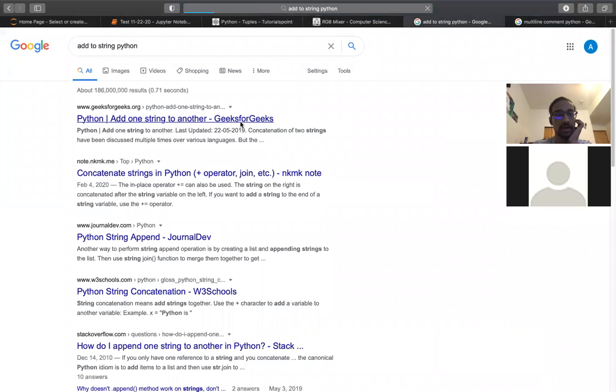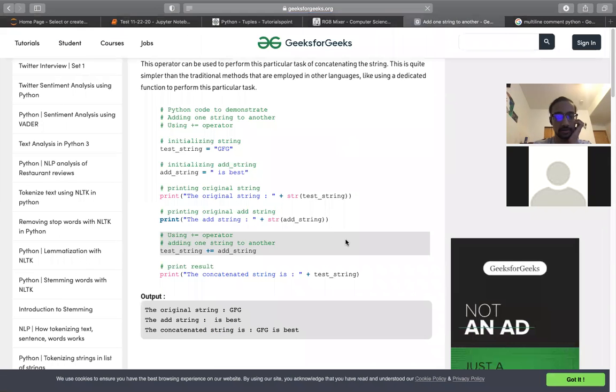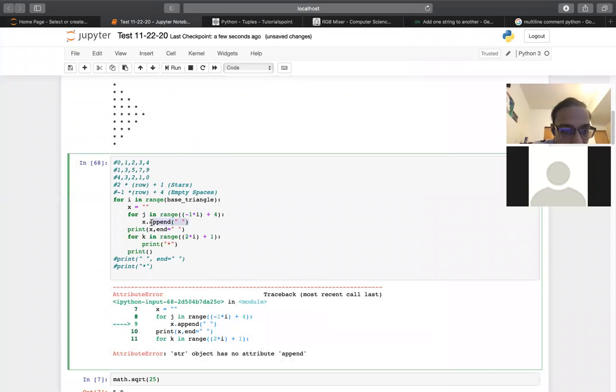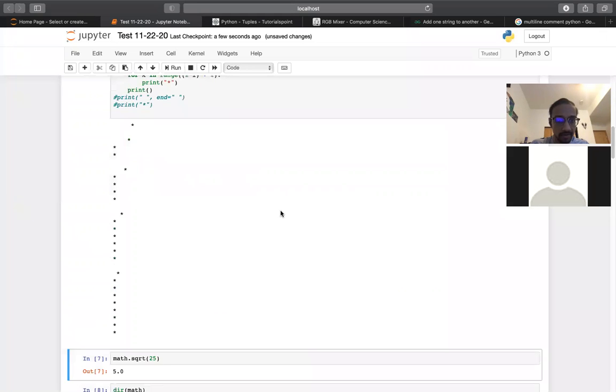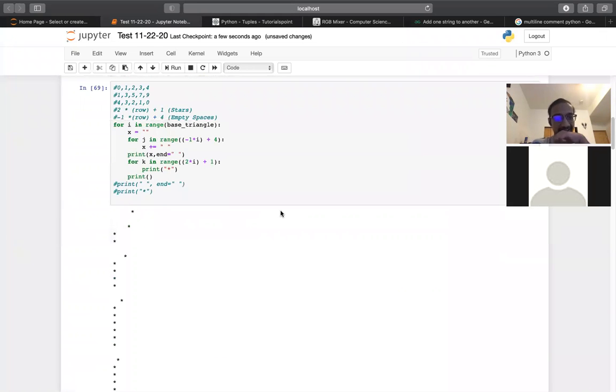So we can do concatenate. There's a concatenate option. Or you can do plus equal. Plus equal is probably better. Append is not the right one. So I do x plus equals empty space. All right. Whoa. So yeah, it looks like